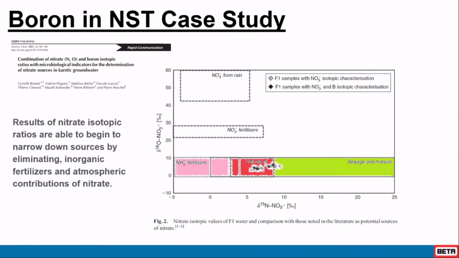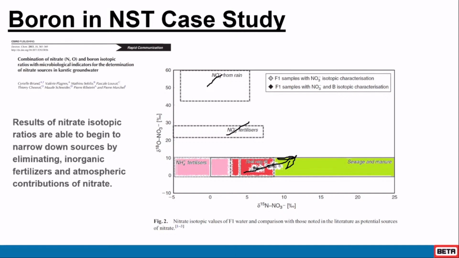The first approach taken was to measure the nitrate isotopes, and we can see here that nitrate from the atmosphere and fertilizers are very likely not a culprit here, so we can basically rule out inorganic fertilizers. And now we're in a sewage manure area, with the potential for some soil and organic matter. We can also see here that there is a nice denitrification trend, suggesting that there is some natural remediation taking place, and researchers can use that to understand the rate and potentially augment that area as we talked about before. So from just this one data set, we already can begin to understand origins, and now with the boron,